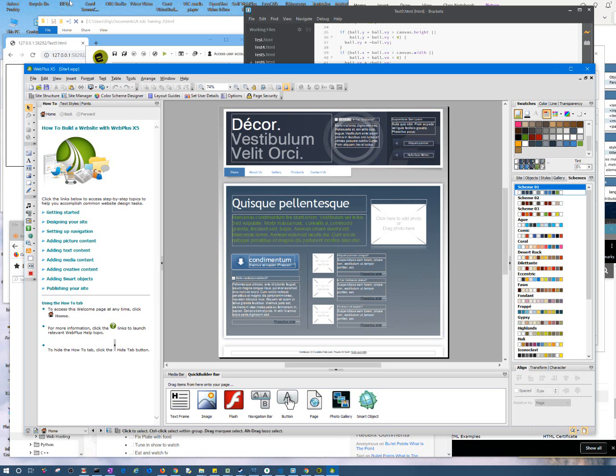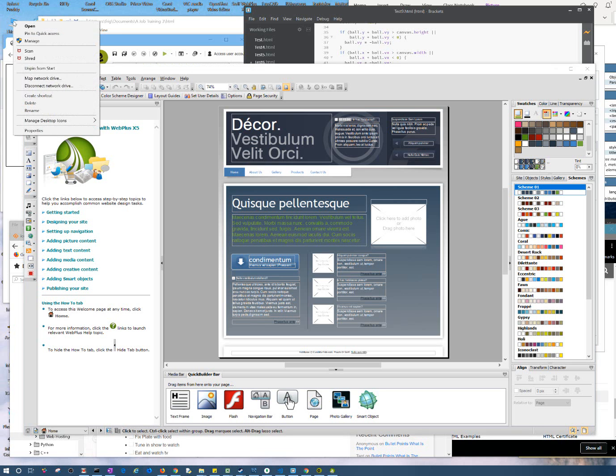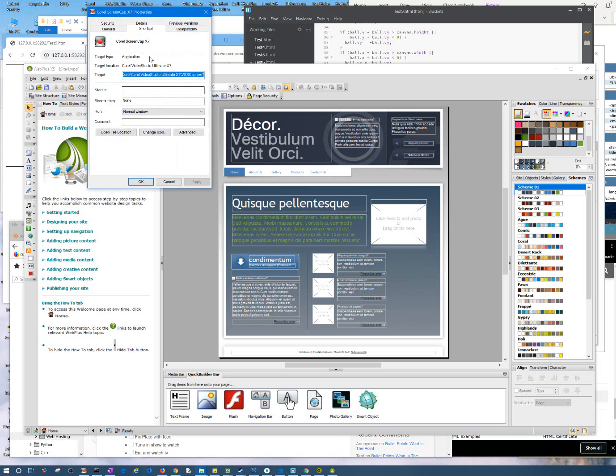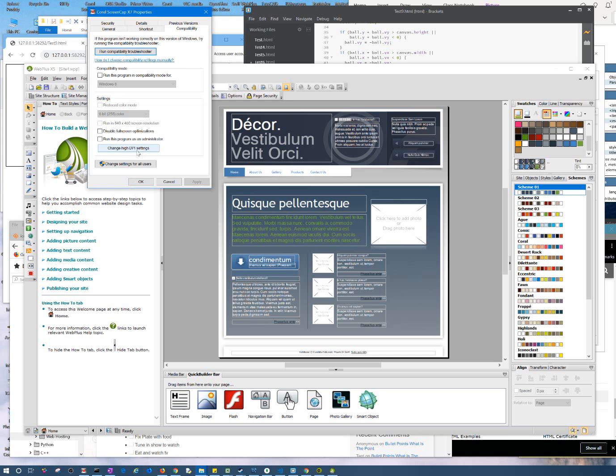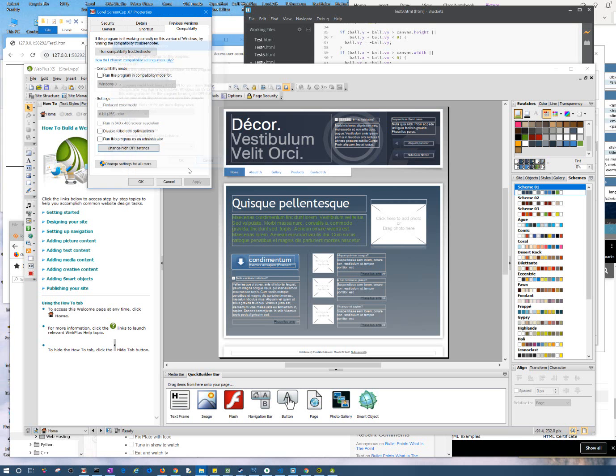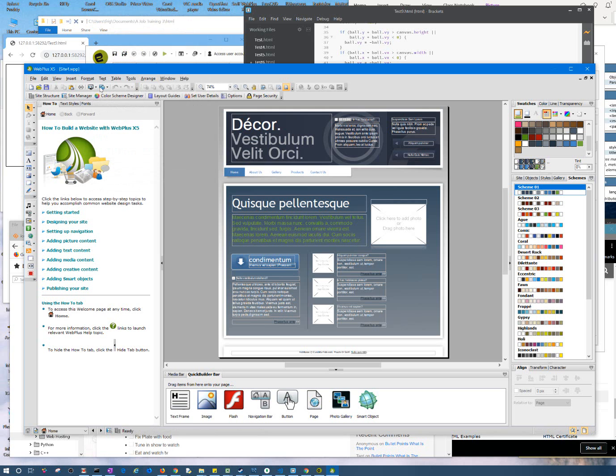the solution's actually not that bad. Like, take this. Well, that's a bad example. I'll just grab this. I know it's a little bit off screen, but if you open up the properties on it, go to compatibility, and then this change high DPI setting. If you're having problems with it, I think you click this and then put it on System Enhanced, I think. But I'm not having a problem with it, so I don't want to do that. But that's how you fix little tiny icons, because some programs will do that,